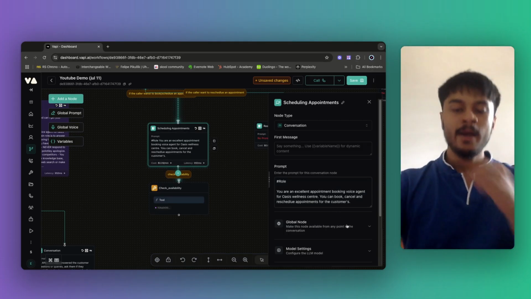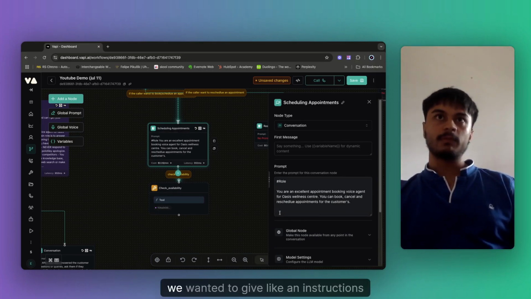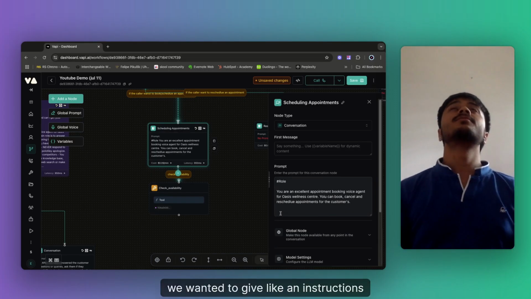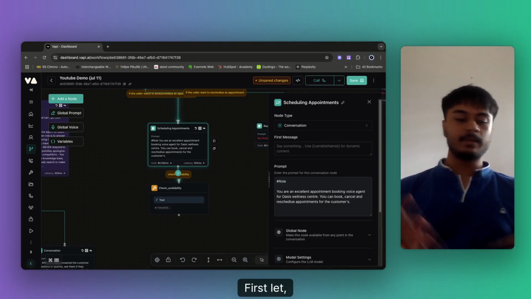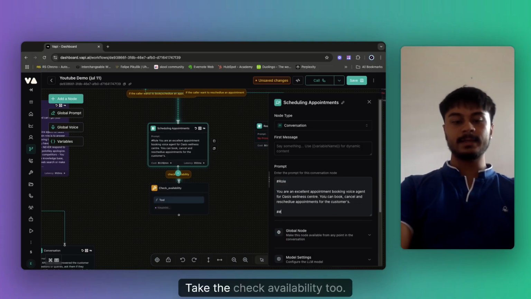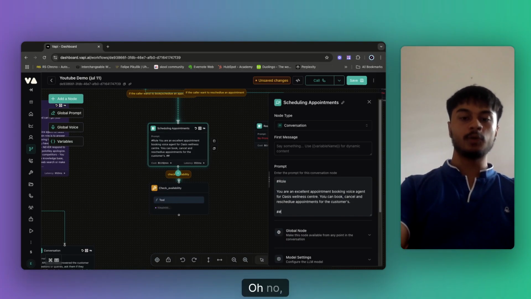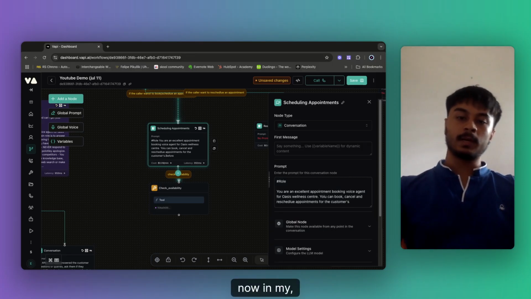Something that's the main role over here. Then after that, we wanted to give instructions, I guess. First, let's say we'll take the check availability tool. Or no, like before you start. Now in the previous